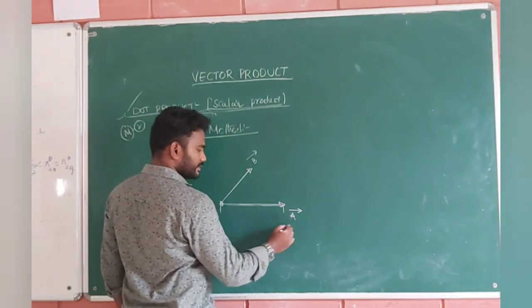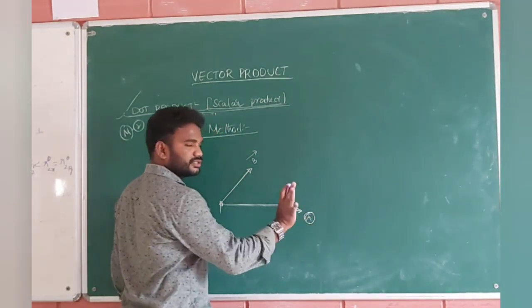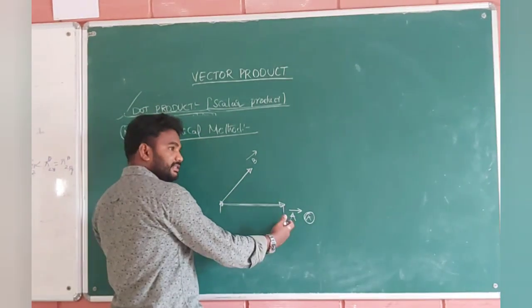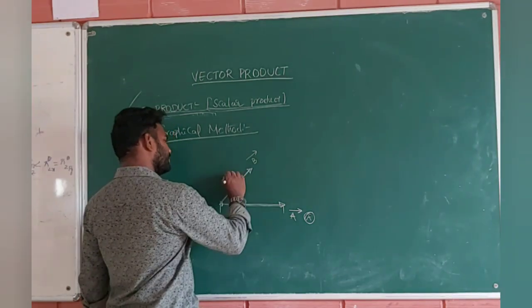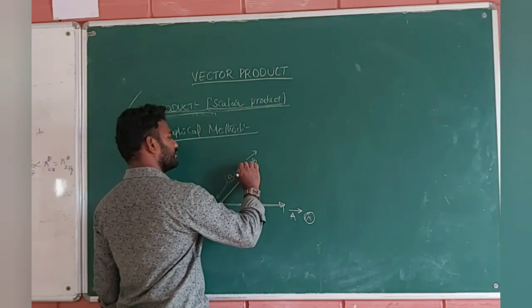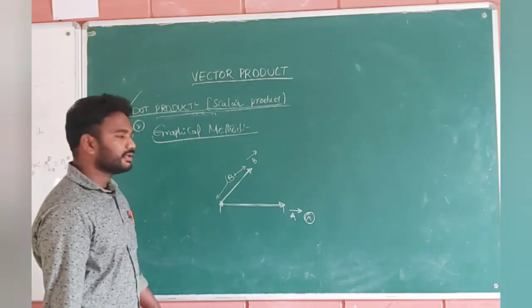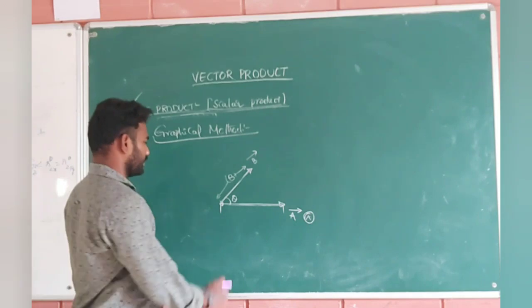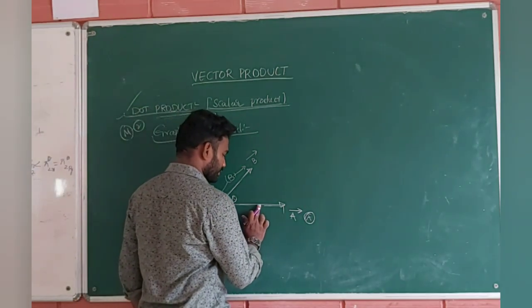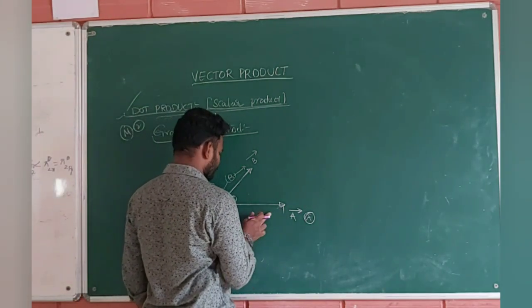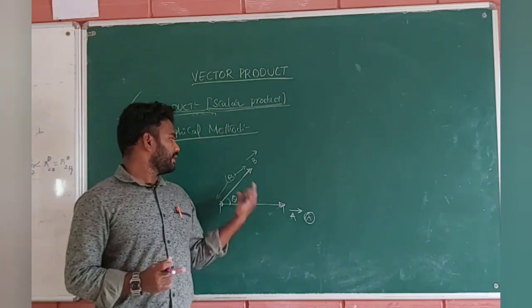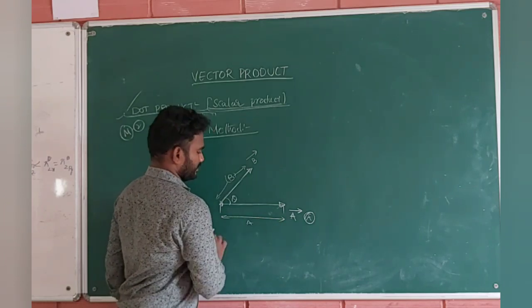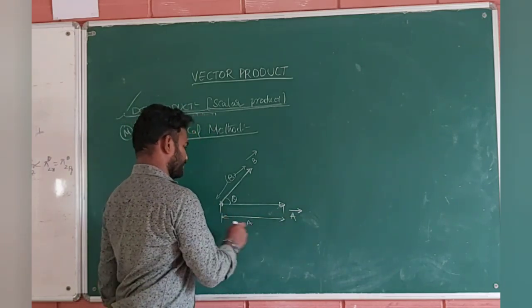The magnitude of A is A only. We will denote it just A. Magnitude means length, guys. You know, right? From tail to head, the length is called the magnitude. The magnitude of B is B only. The length of B is B only. Let me consider the angle between A bar and B bar is theta. Very simple. First you have to draw A bar, then B bar. The magnitude of A bar is A, the magnitude of B bar is B. So the total length of A is A, guys. Make a note of this.